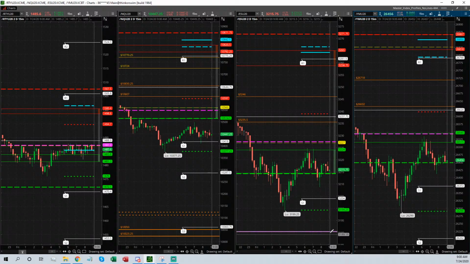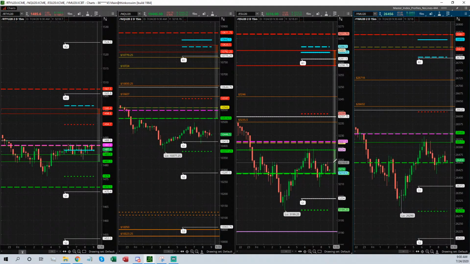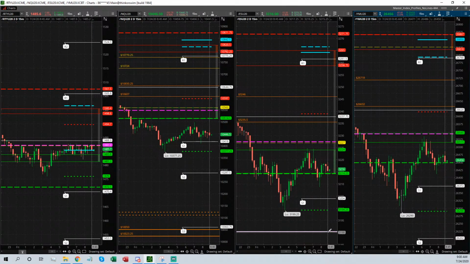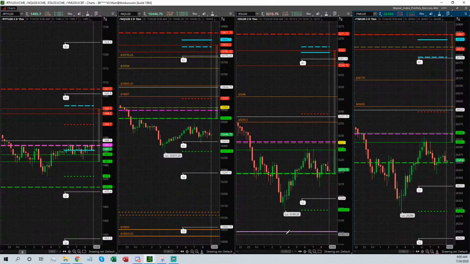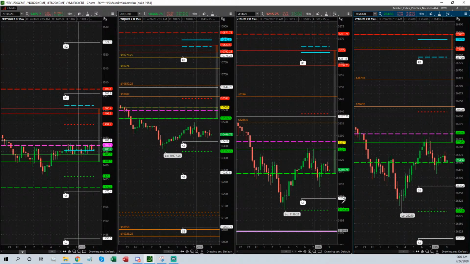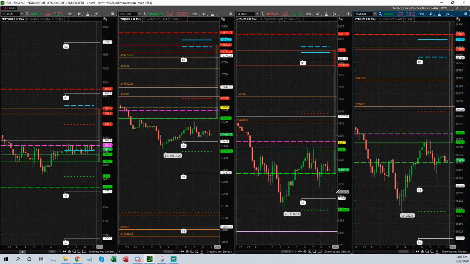That's an area that needs repaired on the profile. If we trade down to there and you can't get any conviction lower, look for some potentially powerful reversals coming out of that. What the bears need to do is push it down below there, and then hold below 30.90, basically 31.90.